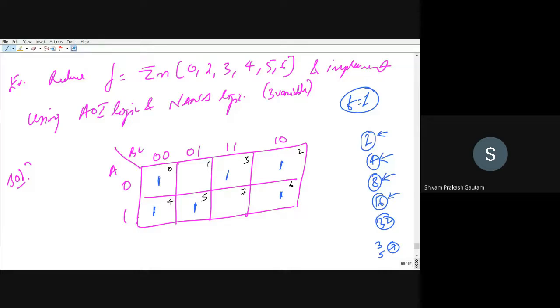So if you observe cell number 3, only cell number 2 has 1 present, and all the other remaining cells are empty. When I say adjacent cell, it means left and right, and top and bottom. This is the only meaning of adjacent cell, right? Cell number 5 is not adjacent to cell number 3, right? Do not make a mistake. So I can say that cell number 3 has only 1 adjacent cell which is having 1. So we can pair this,